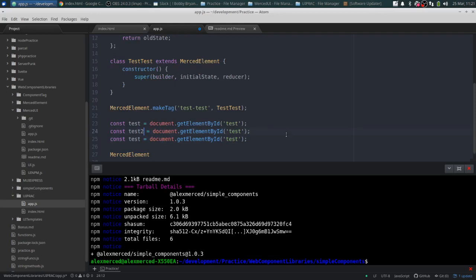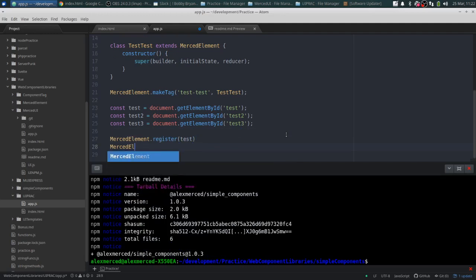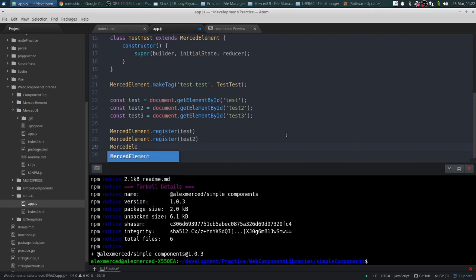So this will be test 2, test 3, and then we're grabbing the ones with the ID test 2, test 3. So MercedElement.register test, MercedElement.register test 2. I mean, I could do a loop if I wanted to, but why not? MercedElement.register test 3. Okay. So what this does is that MercedElement has this registry, and the registry keeps track of all